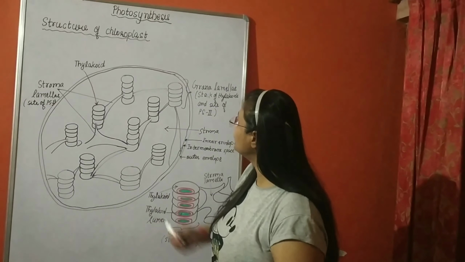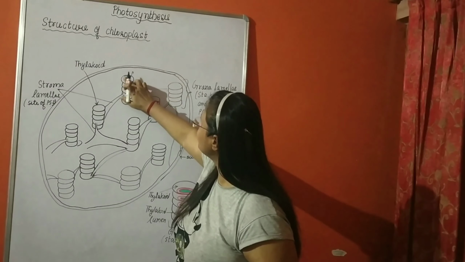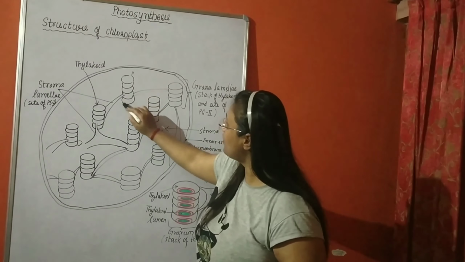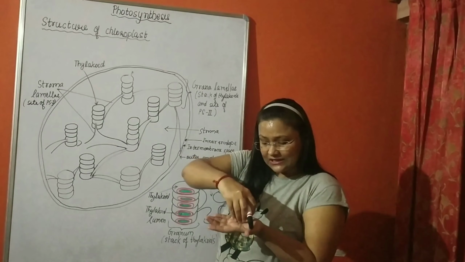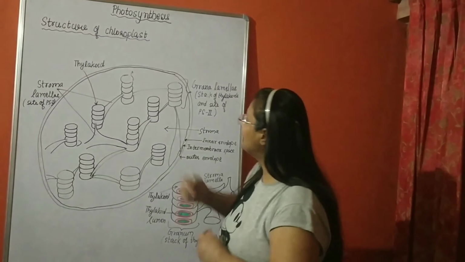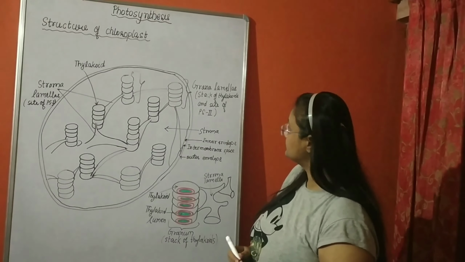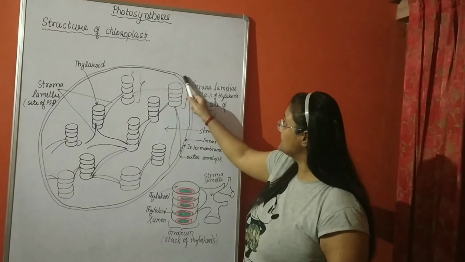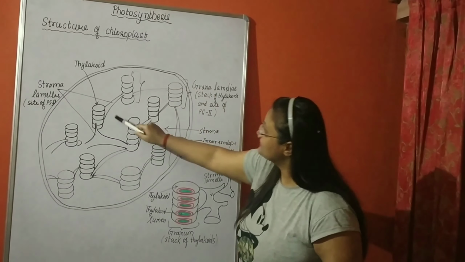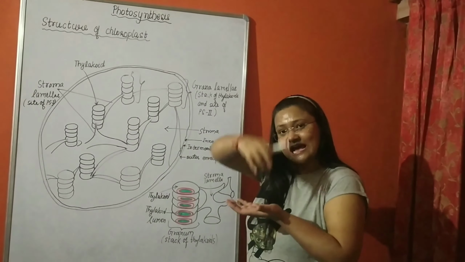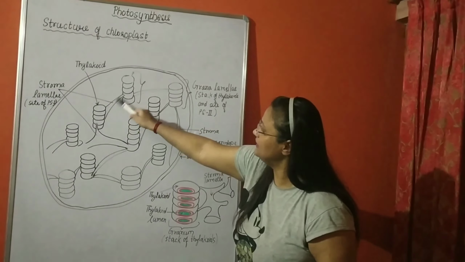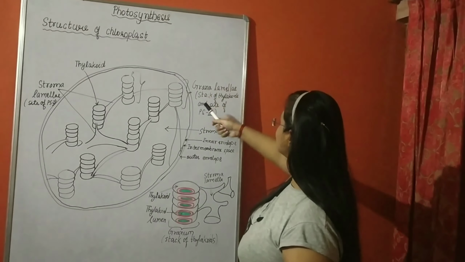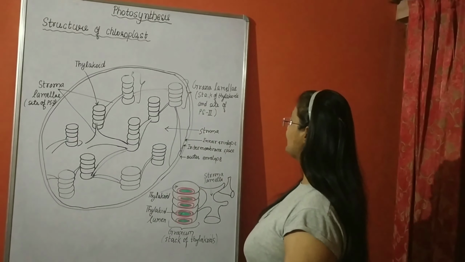So this is thylakoid, this single coin-like structure. When several thylakoids are there, they form a stack, like if we keep coins one after the other, then we get this kind of structure. So this entire structure is known as grana, and this is grana lamellae. This is stroma lamellae. It doesn't have a stack of anything. It is just a simple linear, 2D kind of structure. And this is grana lamellae, which is a stack of thylakoids, and here we can find photosystem second.